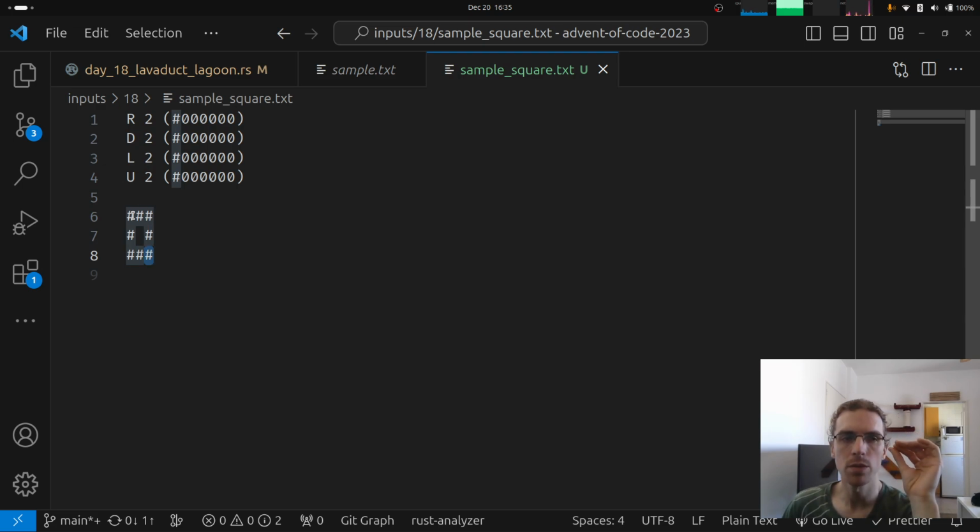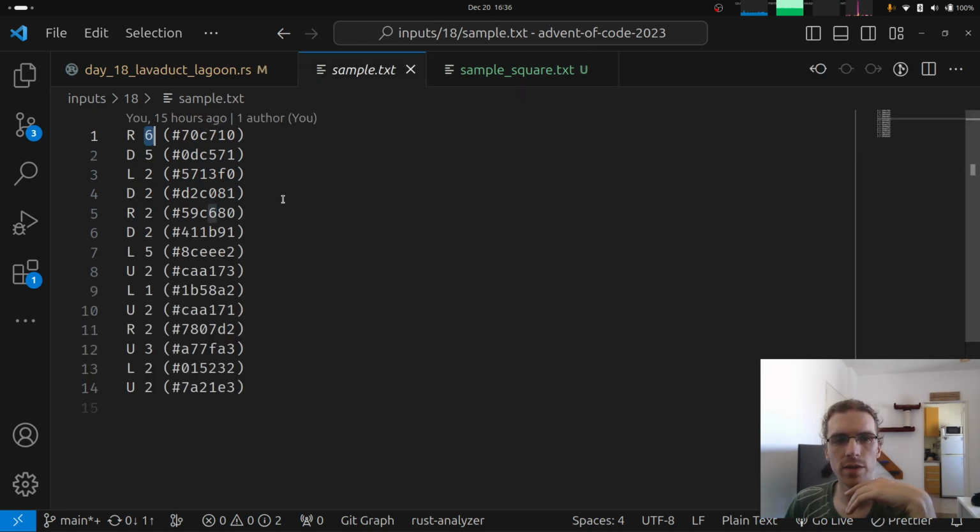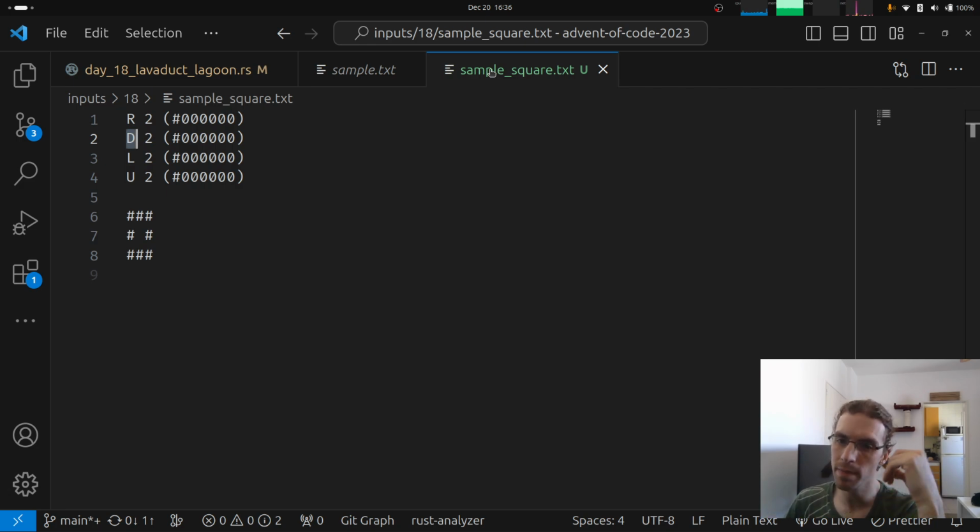And in order to do that, you would need to know which direction you're turning. So here we would be going right and then turning down. By the way, this is a polygon that is going clockwise, and the actual sample is also a polygon that goes clockwise, and my actual input is also a polygon that goes clockwise. The fact that it's going clockwise means that if you were following this path here, the interior is always to your right, and if you're going anti-clockwise, the interior of the polygon is to your left, basically. So if we know that we are going right and then down,